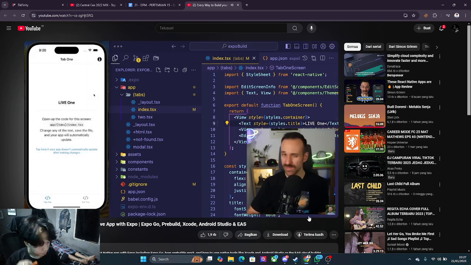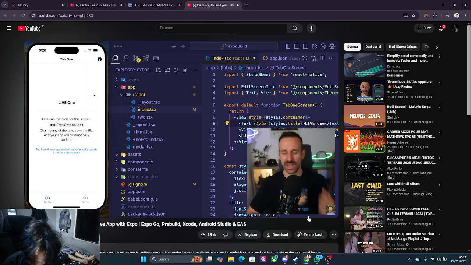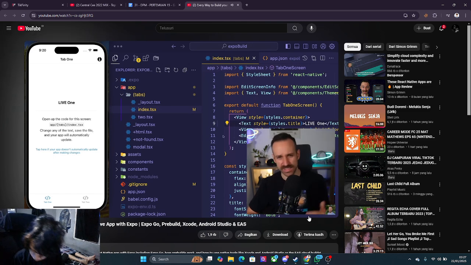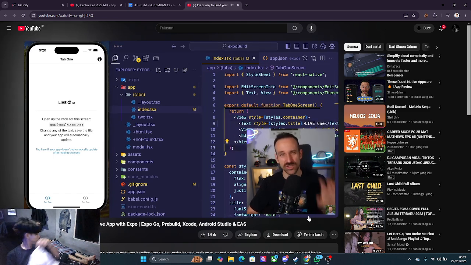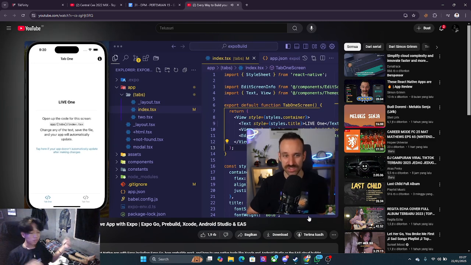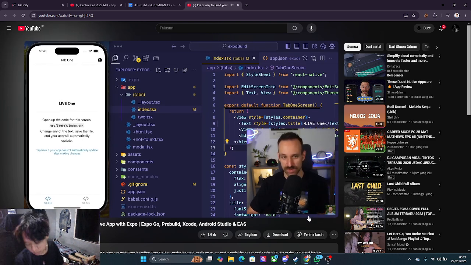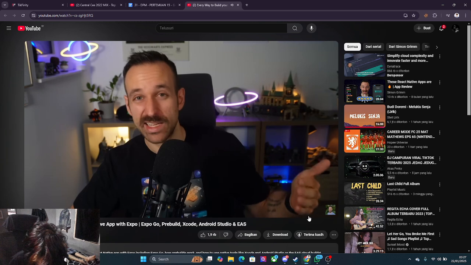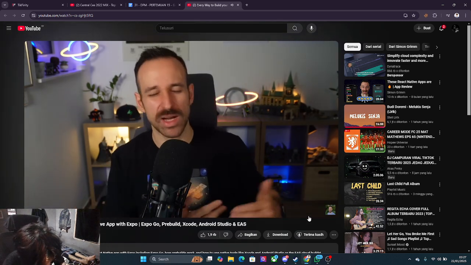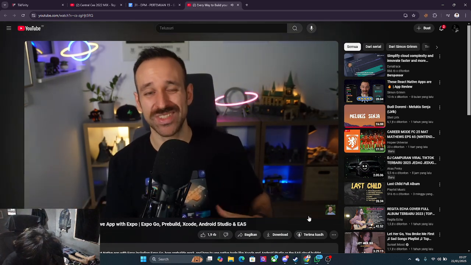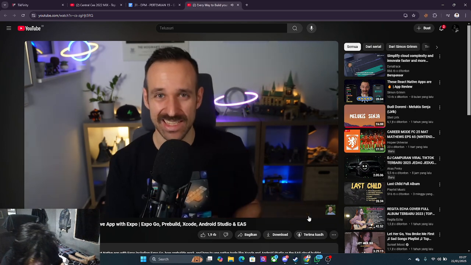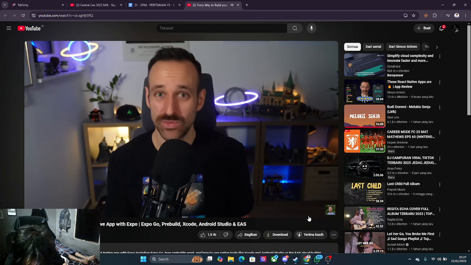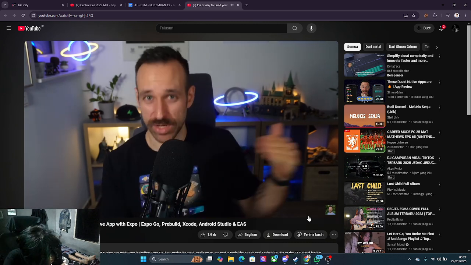That means if we're using the camera, some kind of contact plugins, file system, whatever it might be, it is usually already bundled with this application. You can just use it right out of the box. However, what if you want to use something like React Native Vision Camera or some other package with native modules that is not included in this app? Well, then you have to turn to something else, and that is what we're going to talk about in the